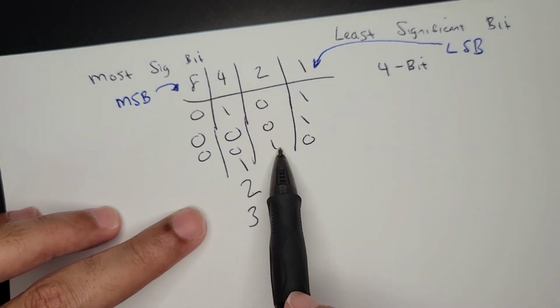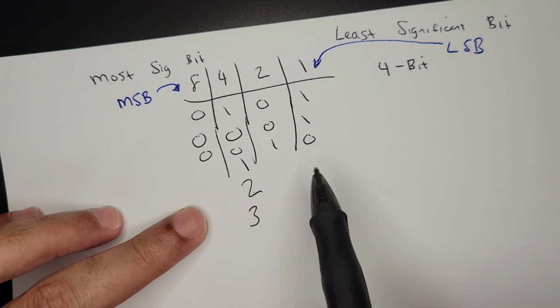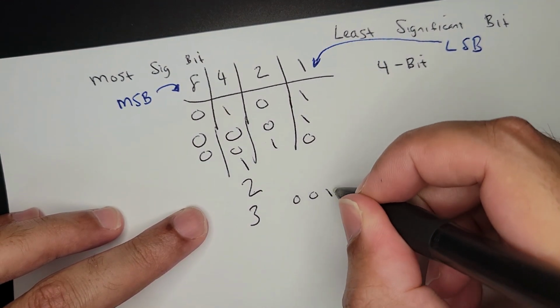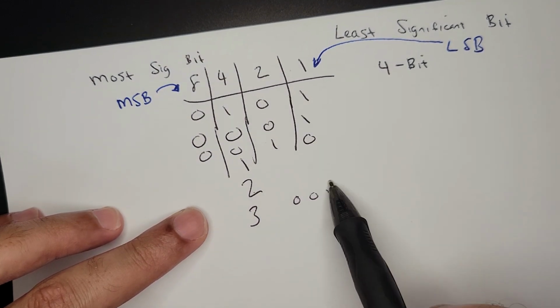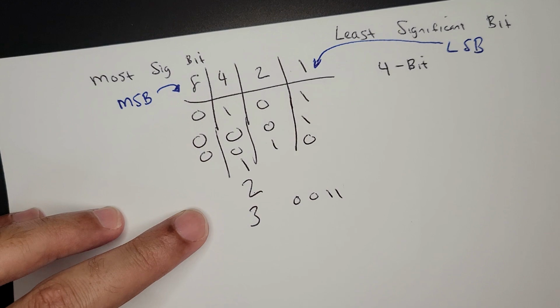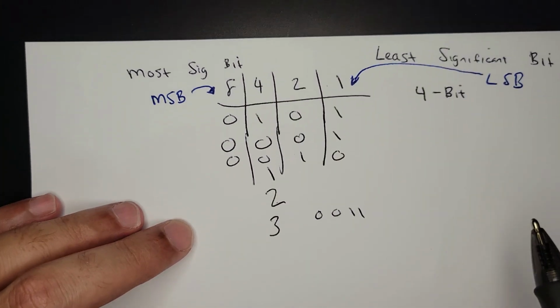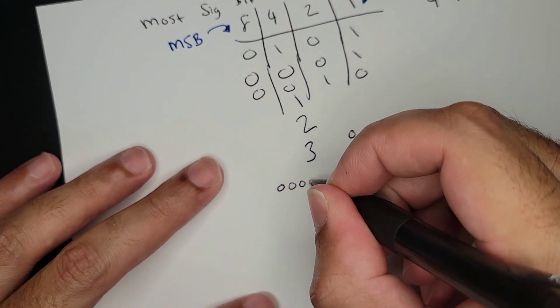Because we're only turning on the bit worth 2 to get 2. And then we just need to add 1 to this to get 3. So for 3, it's 0, 0, 1, 1, right? The 1 bit is turned on, the 2 bit is turned on, the rest are not, so 2 plus 1 is 3. So to send 1, 2, and 3, we're going to write 0, 0, 0, 1,